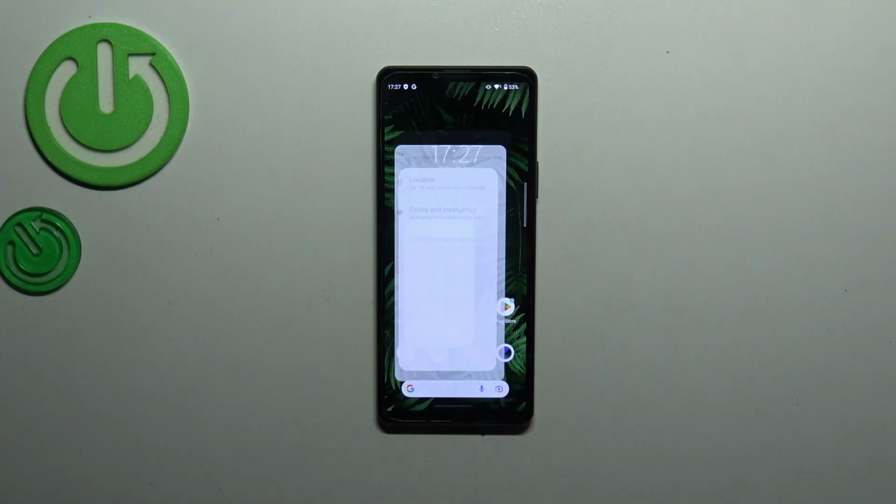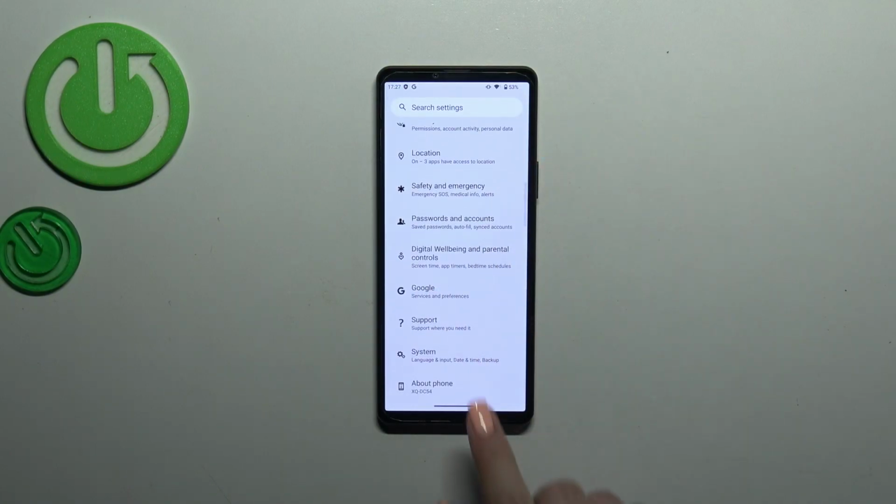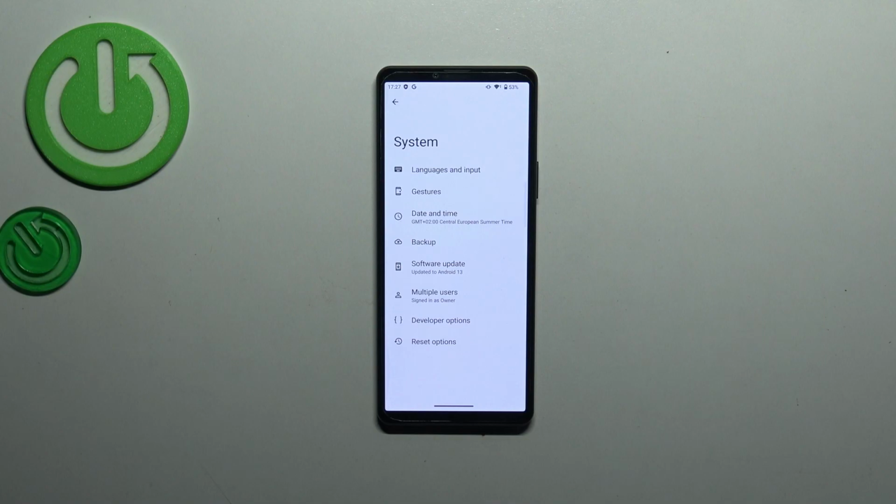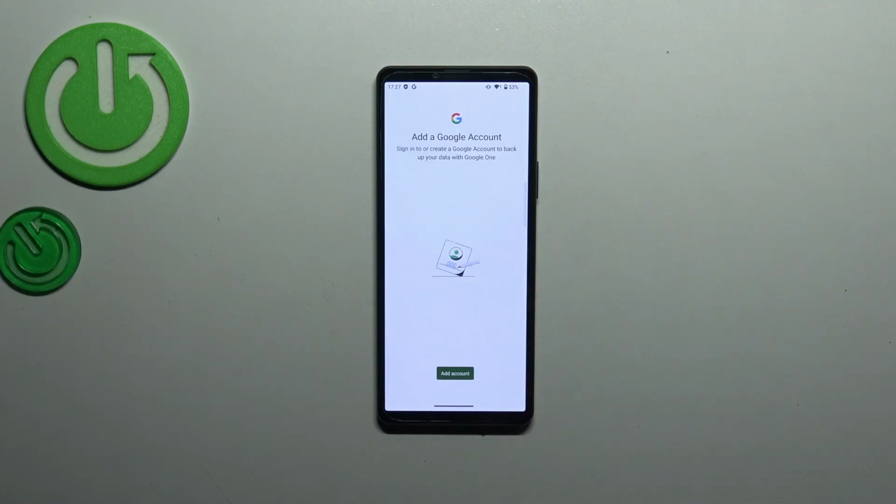First of all, we have to enter the settings and then scroll down to the very bottom to find the system. Now let's tap on backup option, and as you can see we will be immediately transferred to this Google account section. So let's tap on add account and make sure that we've got the internet connection because it is